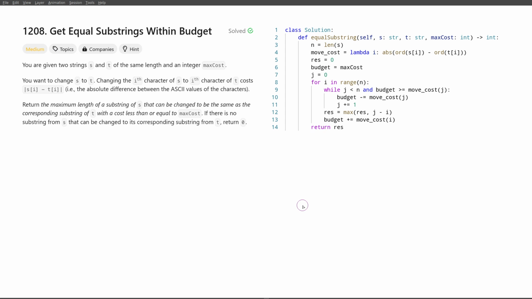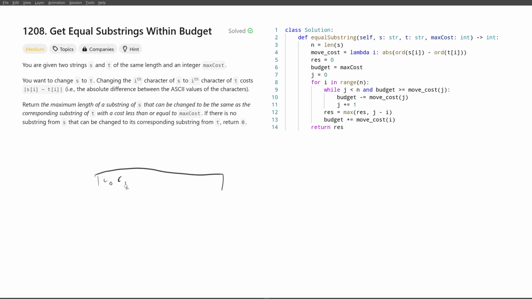And of course in problems like this, when we want to find the longest interval, the longest substring, where we have this situation where, for instance in this case, this is the sum of costs on every position of changing the letter to the corresponding letter, then we have this nice property that if we have a good interval, a good substring, then all of its substrings are also good, because their cost is lower. And also, conversely, if we have a bad substring, then every superstring of that substring is also bad. And that allows us to use a sliding window technique,